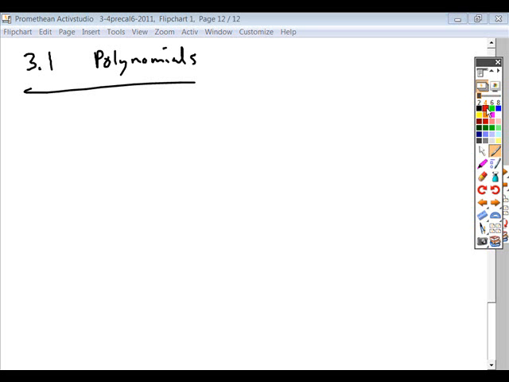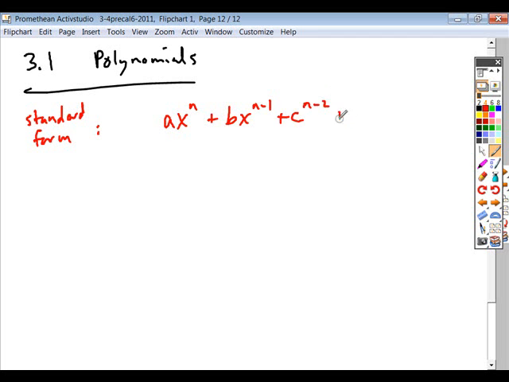All right, polynomials, you should be familiar with that term or heard of these before. Here's kind of the standard form for a polynomial. This representation shows the decreasing powers: when you write any polynomial in standard form, you're always going to begin with the highest power, and then you're going to work your way down all the way till you're left with